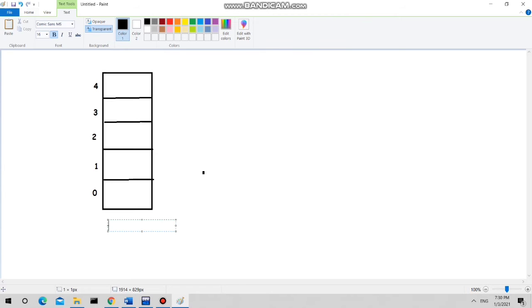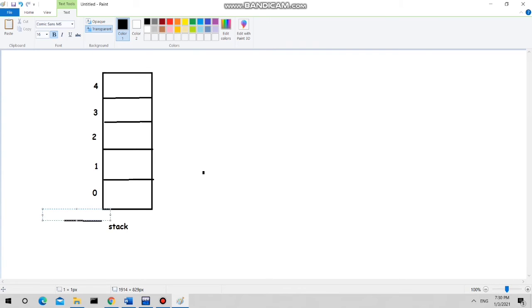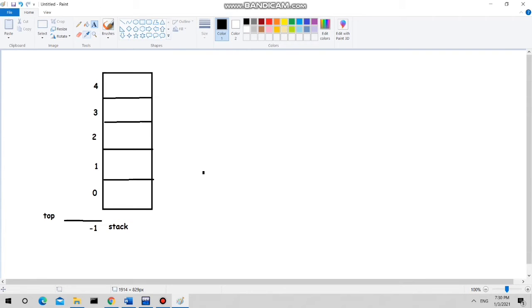So I have given the name to this array as stack. Initially the top is here, that is at -1. Top is at -1. Definitely the -1 index is not part of your stack. So right now top is -1.